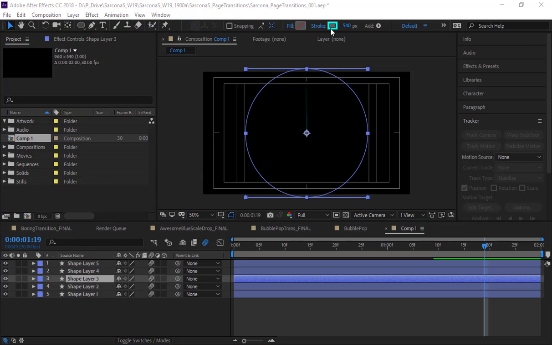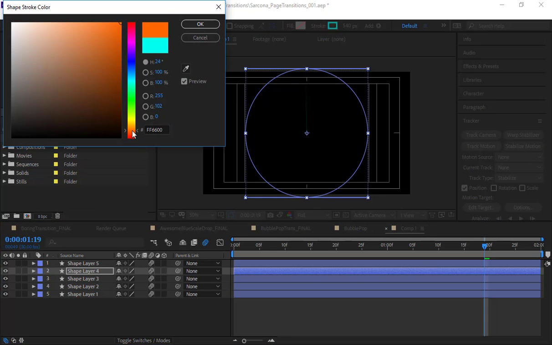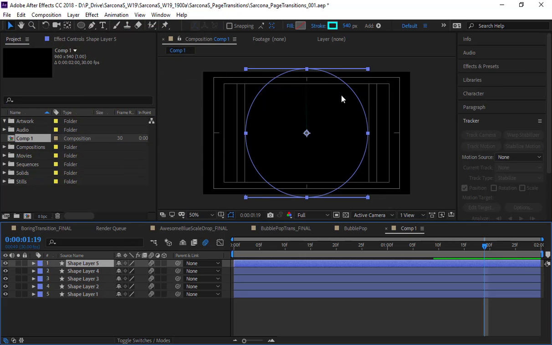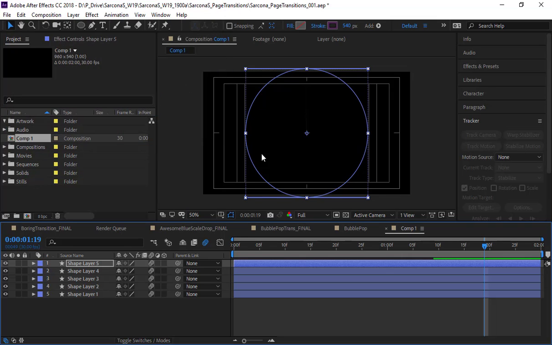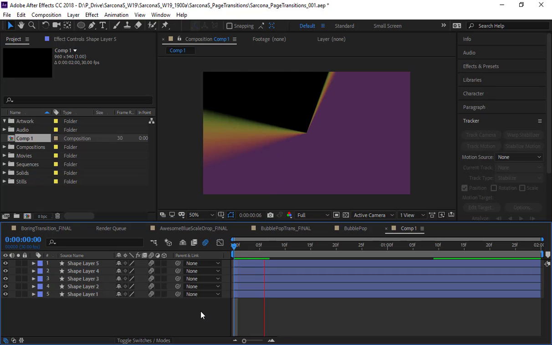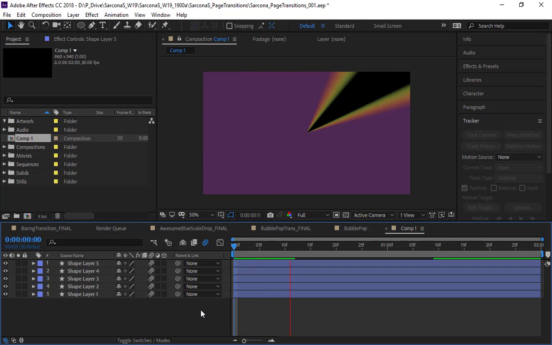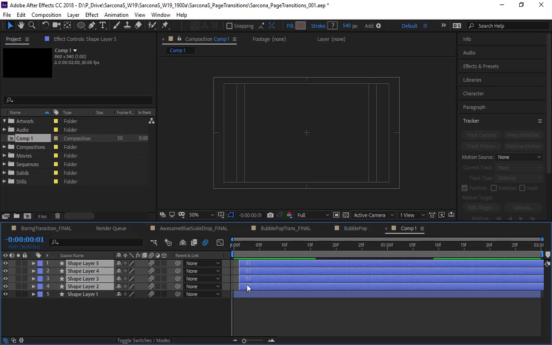I'm not doing my little trick just for speed's sake. I'm just picking random colors that will wake you up. And just to really screw with you, let's go with a dark color at the end. Ugh, it's disgusting. I don't know what I did there. All right. Oh, I didn't offset them. It doesn't stop me from not doing